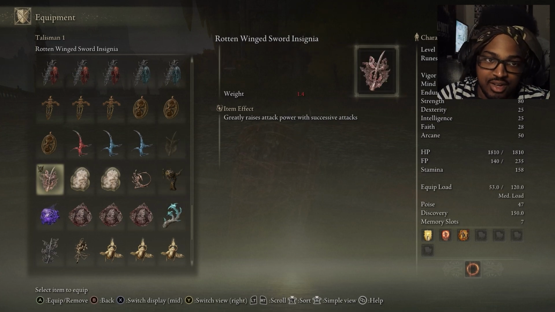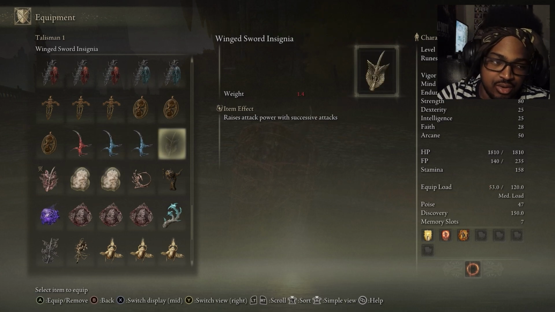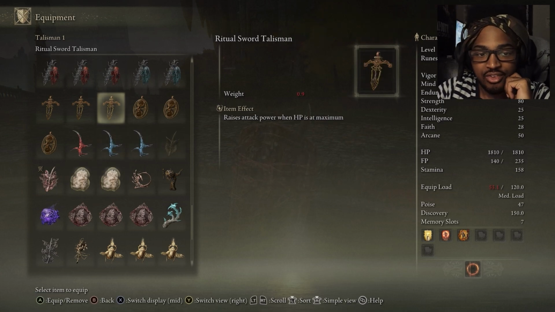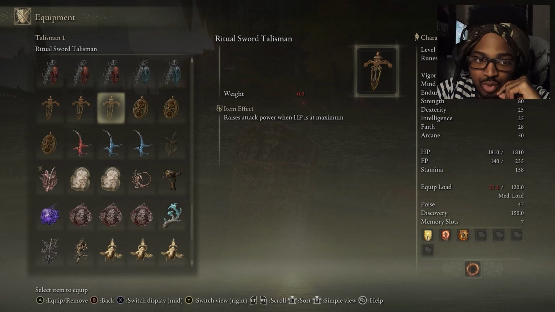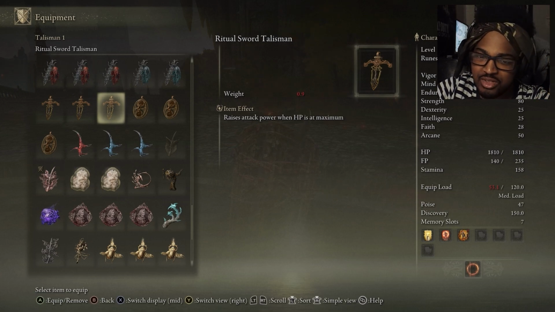I would honestly just say take Rotten Wing Sword Insignia, but if you do want to use the Wing Sword Insignia, you can definitely use that too. Another one that I've been messing with is the Ritual Sword Talisman. It raises attack power when HP is at maximum. I don't know about this one, to be honest, y'all. I mean, you can definitely take this one too if you want to, but I'm just not sure,